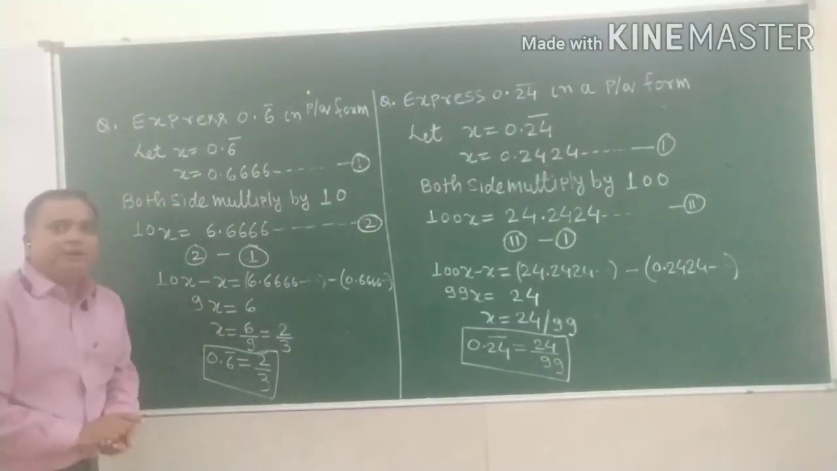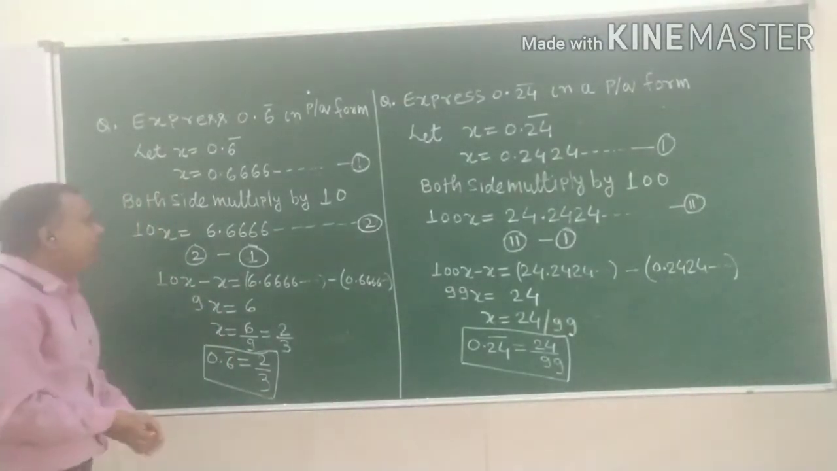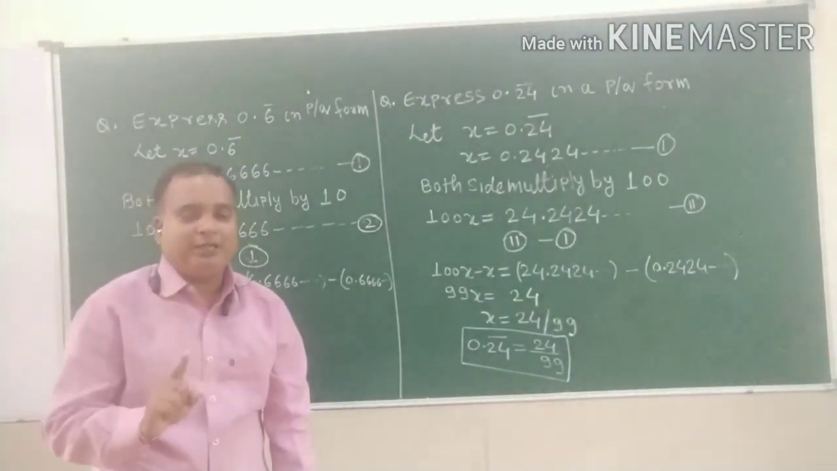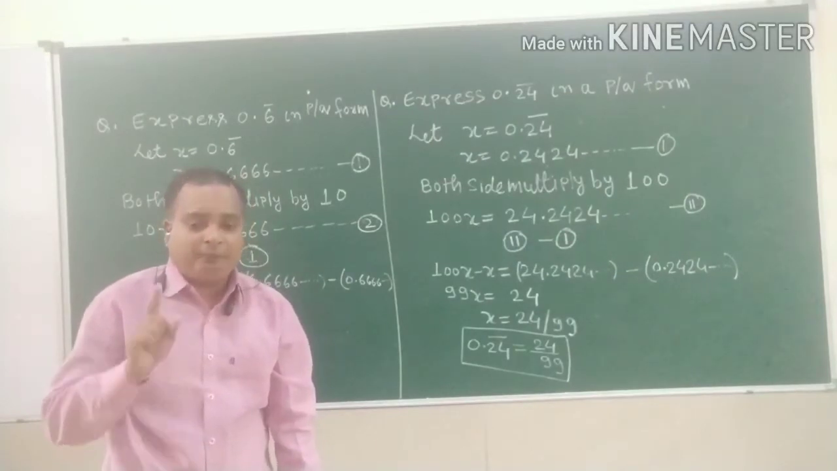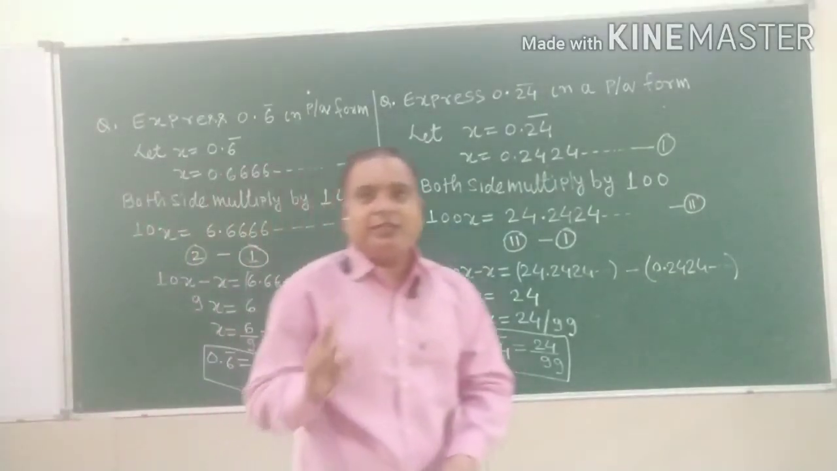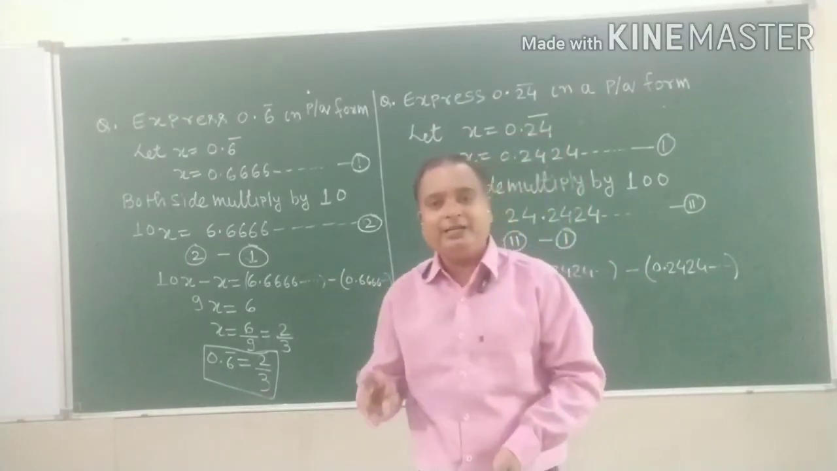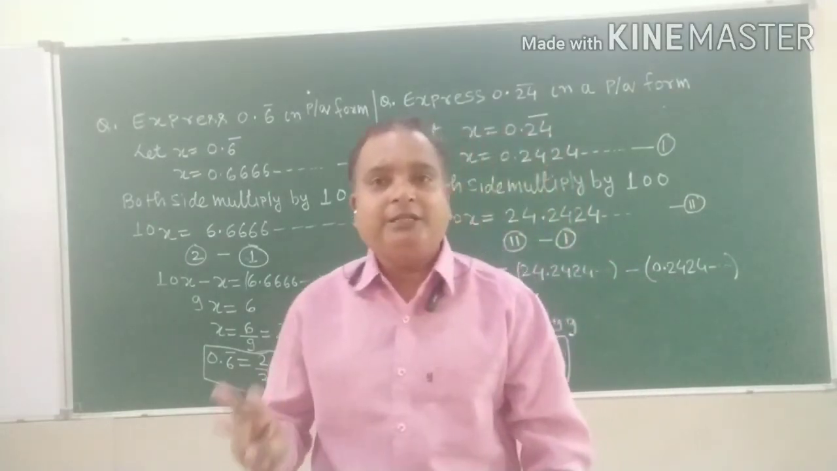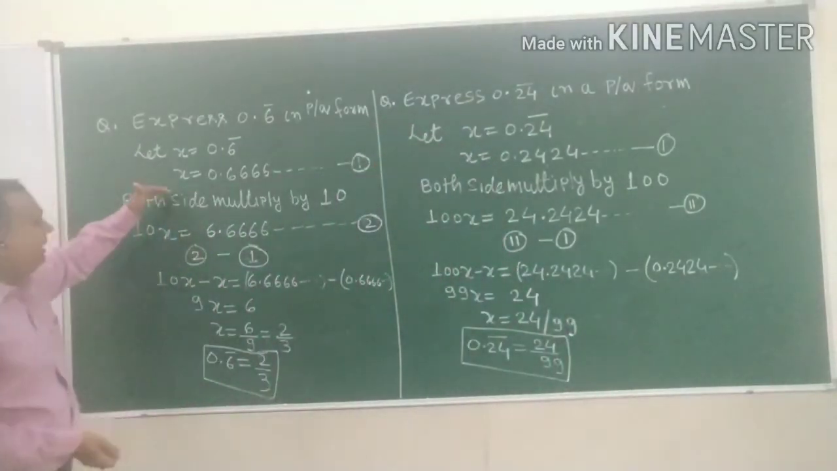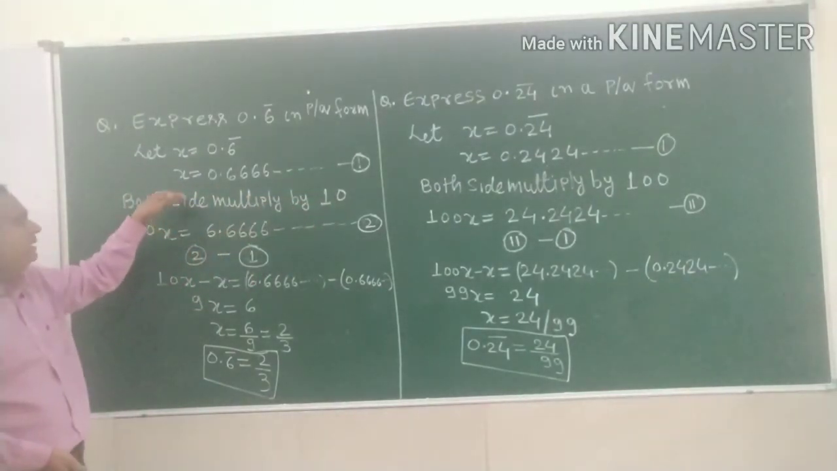Now both sides multiply by 10. Why multiply both sides by 10? Because the number of digits repeated is 1. So both sides I multiply by 10. If the number of digits repeated is 2, then both sides I multiply by 100. If 3 digits are repeated, then both sides we multiply by 1000. Clear? So when we multiply both sides by 10 in equation number 1,